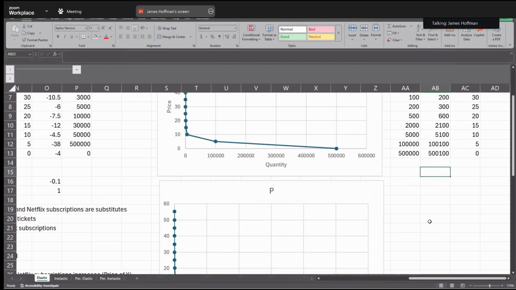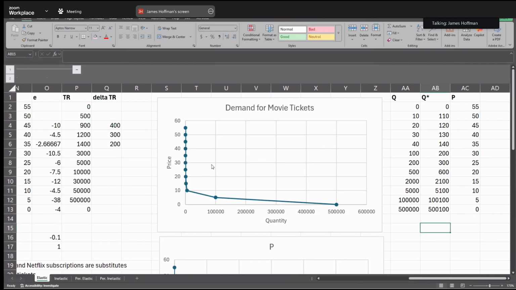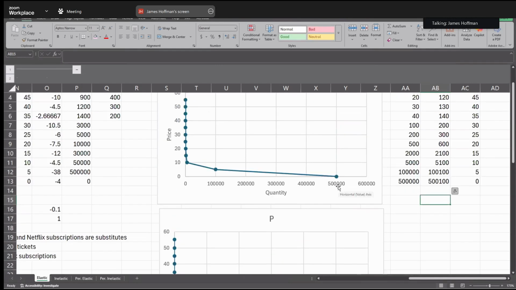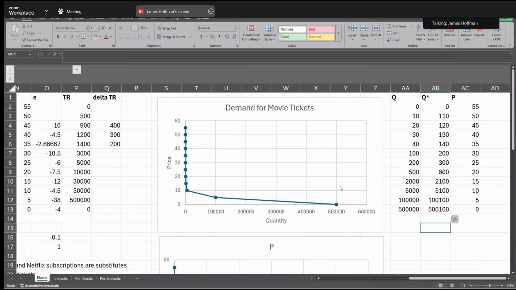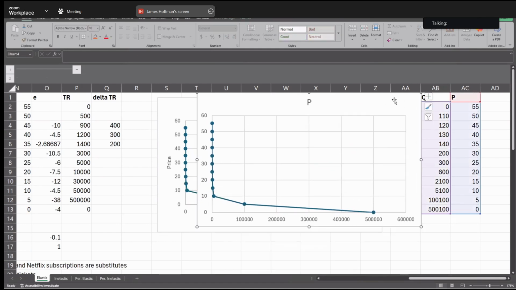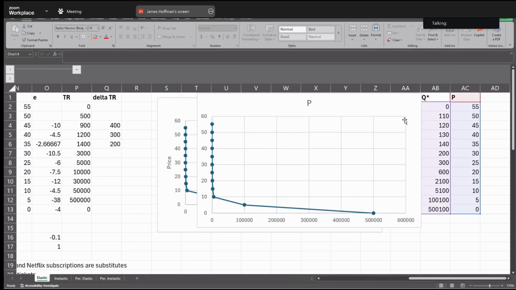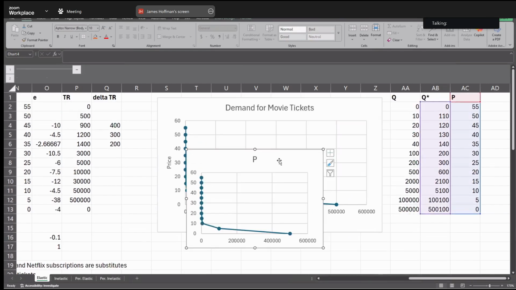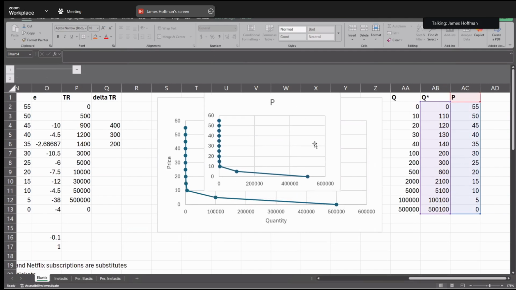Well, what I want to illustrate is that this new curve will kind of be shifted out like this, and hard to see in this scenario, but if I could show it. So kind of like that, like the demand curve would shift out to the right,